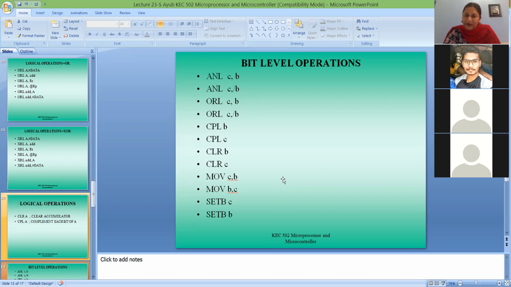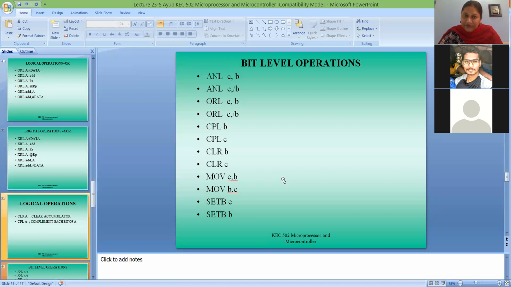Can anybody tell? 128, yes, because each byte contains 8 bits. So those 128 bits in the 16-byte memory location each have an individual address.